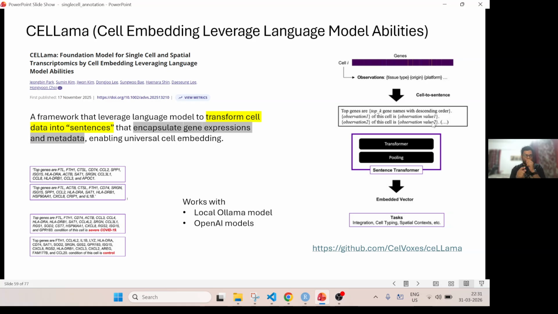So basically you are simply creating a text format. If you're considering 20 genes, first you say which are the top genes in descending order, and then you also pass the expression values, as well as conditions, like what cell or what tissue it is, those metadata. For example, after these genes you can pass the condition of this cell is severe COVID-19, or the condition of this cell is control treatment. So you convert all the information that you have into a very simple text,